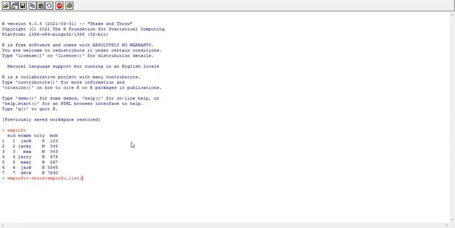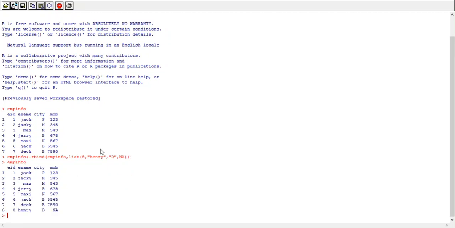I am inserting one list of values: employee 8, then some name of the employee, city of the employee, and now suppose I don't know the mobile number of that employee. So instead of skipping that value, I can simply insert NA, that is not available or not applicable. Now let's see what the result will be.